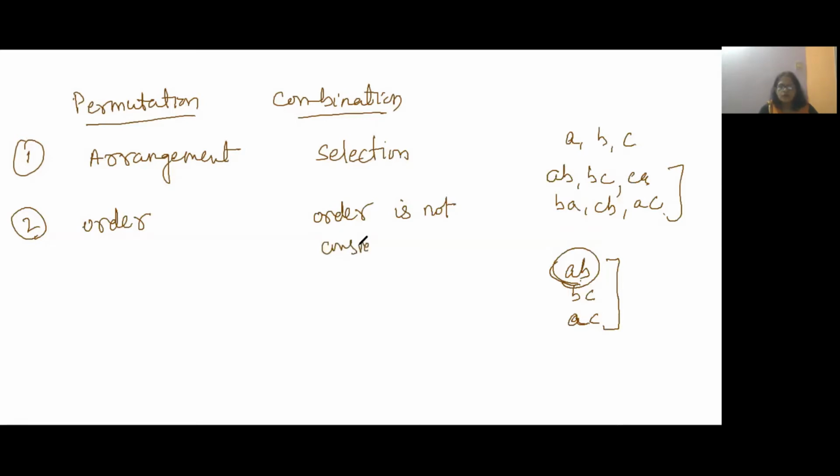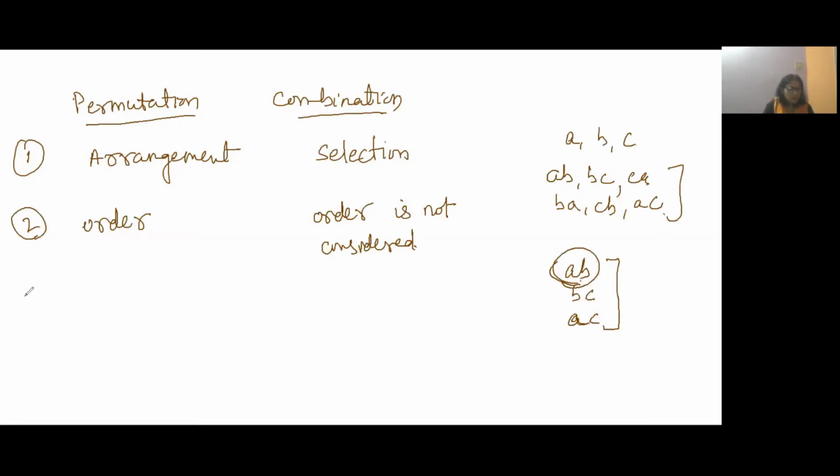Is it clear? Because we are arranging in one case and selecting in the other. Suppose out of 30 students, 5 students are to be selected. Suppose somebody calls, just send any 5 students. It doesn't matter in which order; you are forming a group, and the group contains 5. So in which order is not a problem. Is it clear? These are the two very basic differences.